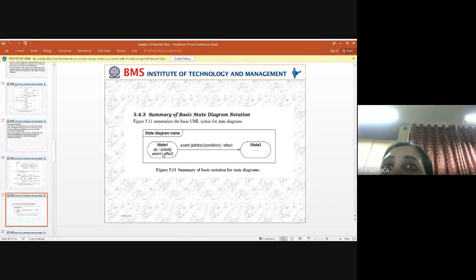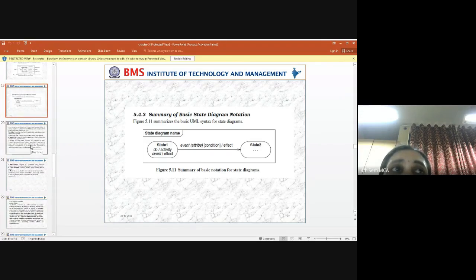After describing this, we transit to the next state. While transiting from one state to the next, there can be a condition. Depending upon the condition, the next state is taken, with respect to the event attributes, the condition or the effects. So this is the basic diagram that we use to represent a state model.